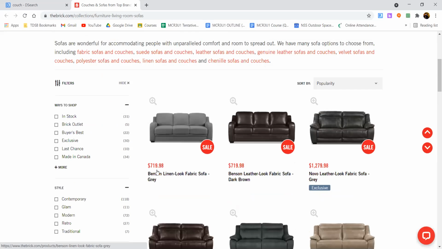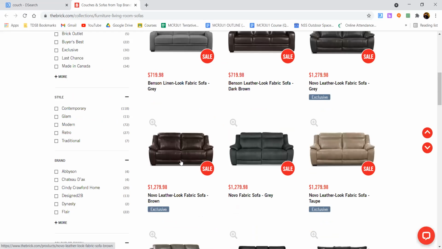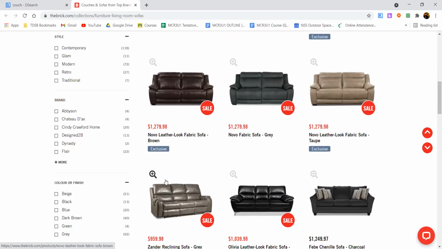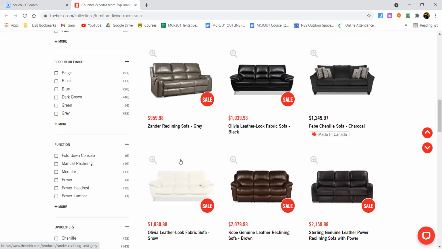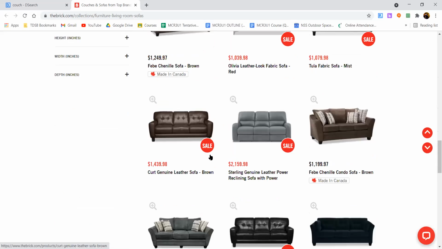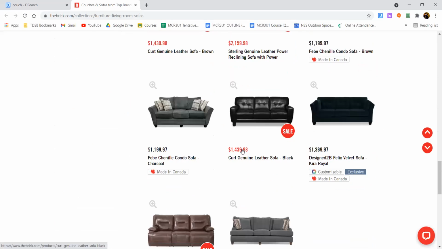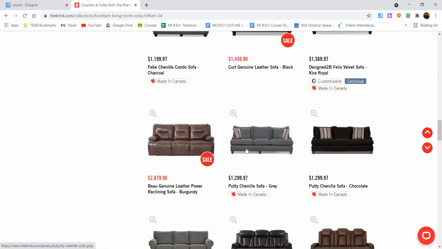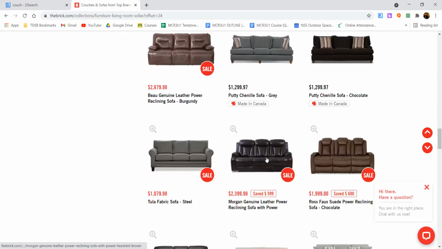So non-leather starts from $700. Leather look fabric, so I think that's pleather. Okay, it gets to $1,000. If you get real leather, it gets pushed into the two, three, $4,000, and depending on what kind of brand the couch is, it can go as high as five figures, right? Genuine leather power reclining sofa, $3,000, and that's for a three-seater. So if your family has one of those L-shaped couches, you might want to think about